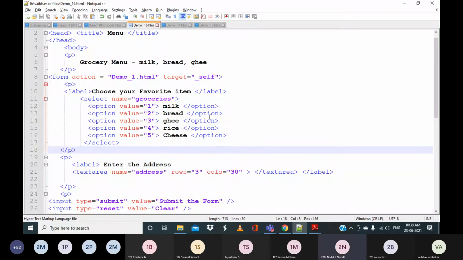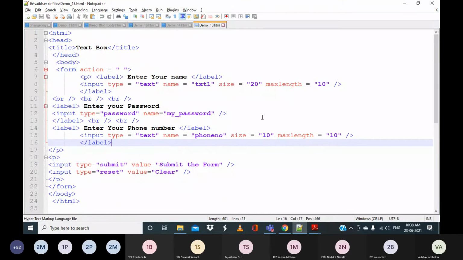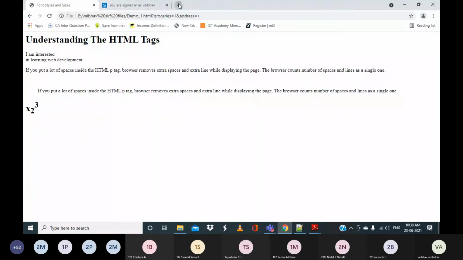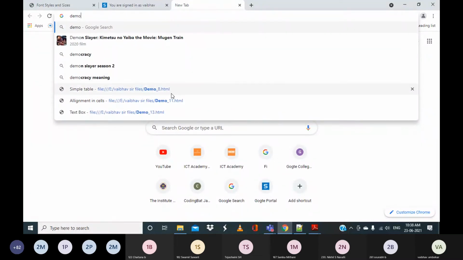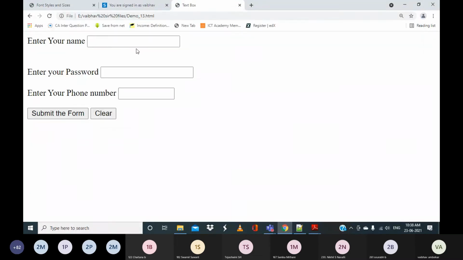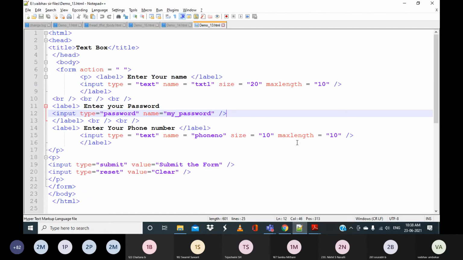Now we'll take the same earlier example, that is demo 13, where we had this basic simple form with username, enter your name, password and phone number and so on. Here I am keeping the phone number size equal to max length equal to 10.